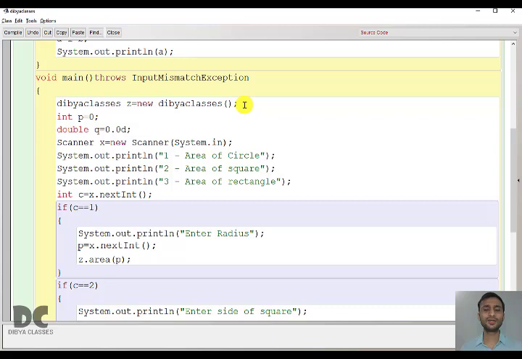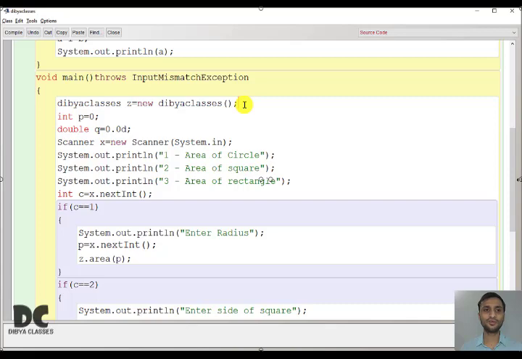Here, to call each constructor we have to create a different object. There are 3 constructors: constructor 1 to find the area of circle, constructor 2 to find the area of square, and constructor 3 to find the area of rectangle.